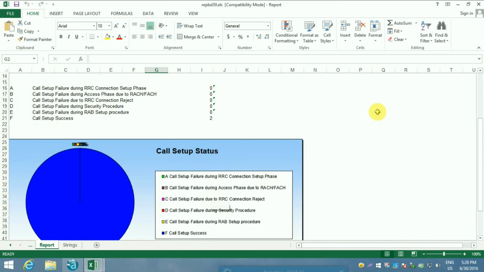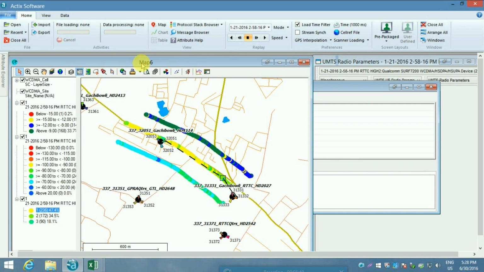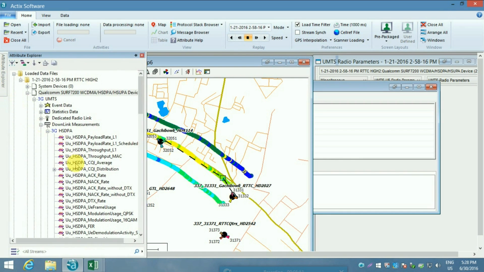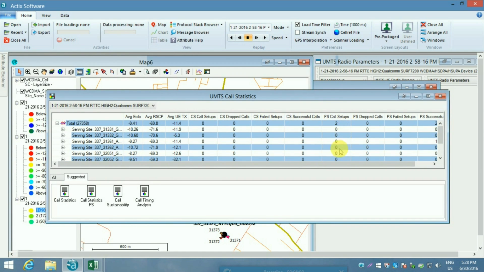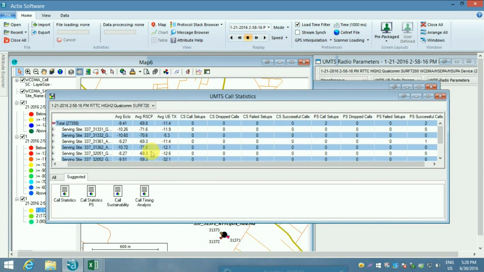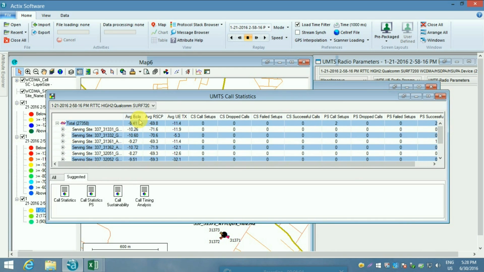Then the next KPI to be checked is UMTS call statistics. Call statistics refers to the number of calls that were made and the number of successful calls. Here there is also some additional information provided, like average ECIO, that is provided by a site. Gachibowli Auditis HD 2027 provided an average ECIO under all the places that it covered during the drive test.